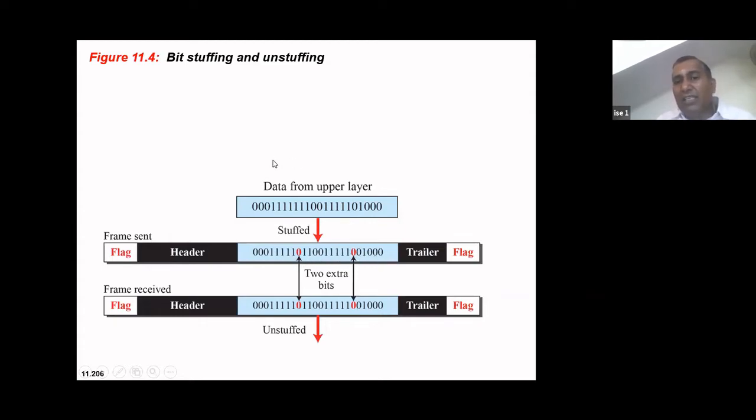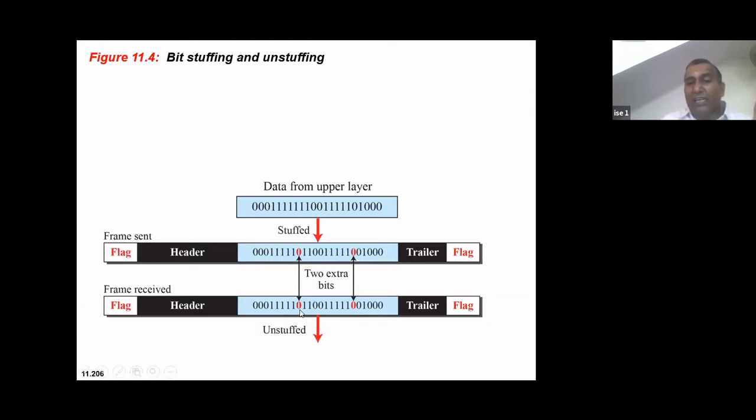In the previous method, I have done the byte stuffing. That means 2 bytes, that is 16 bits were stuffed in a single frame. And here in the single frame, I have stuffed only 2 bits. So you can see massive storage space. If suppose there are tens of thousands of frames that need to be sent from sender end to receiver end, how much of data I'll be saving.